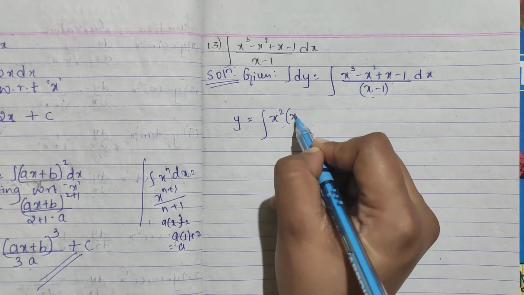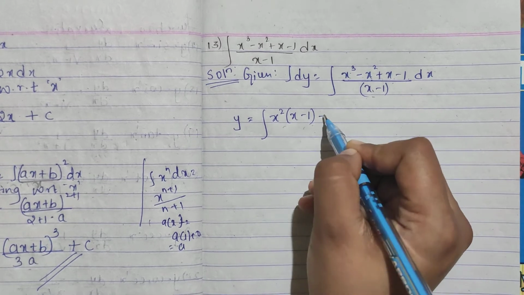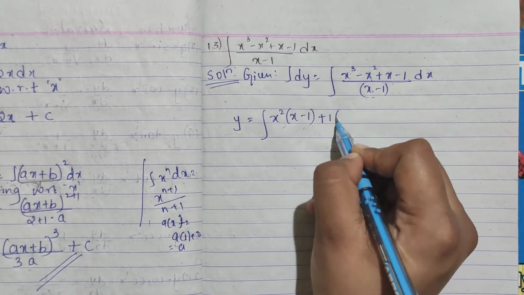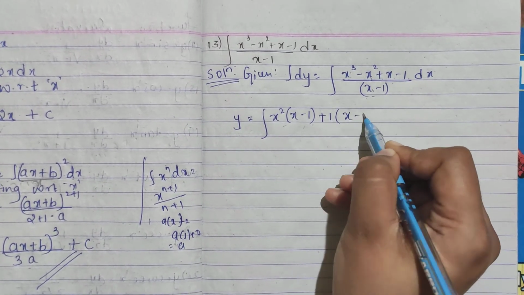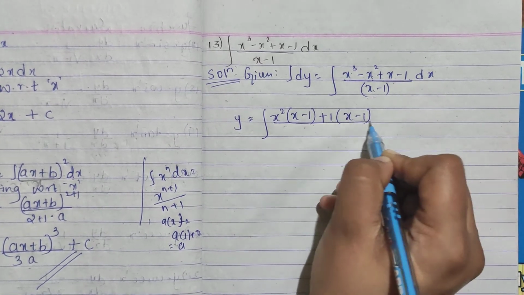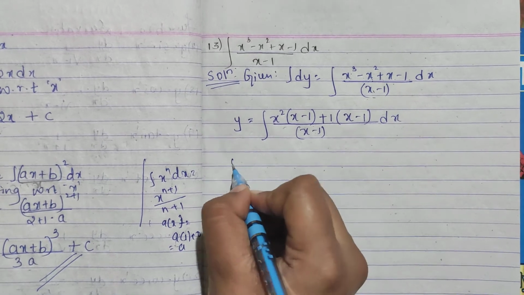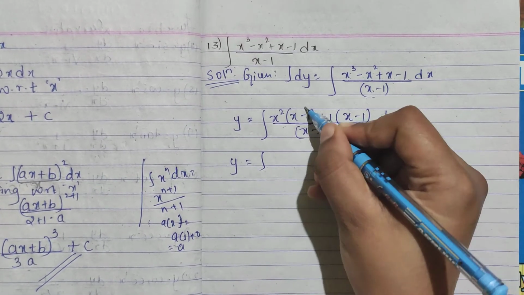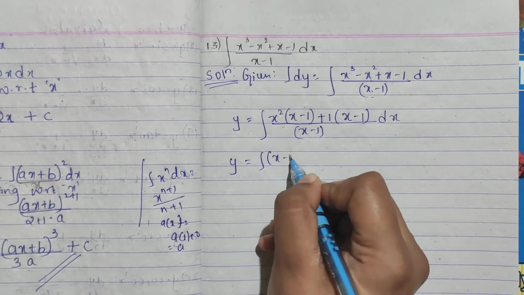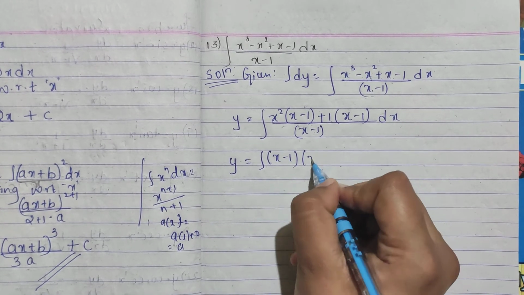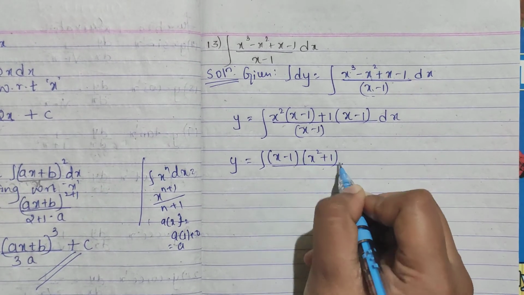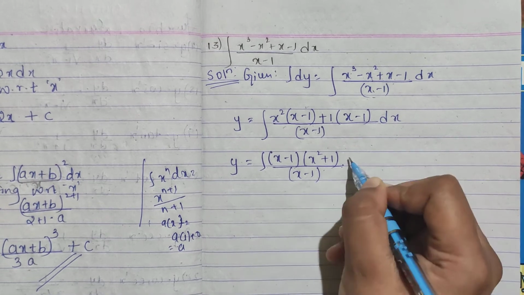So I'll be left with what? X minus 1. Just try to factorize it. And in this both 1, I can take common. So I'll be left again with x minus 1, same, right? And here I have x minus 1. See? Like this if I make it, it will be very simple, right? So x minus 1 I can take out, and I'll be having x square plus 1 whole divided by x minus 1 dx,